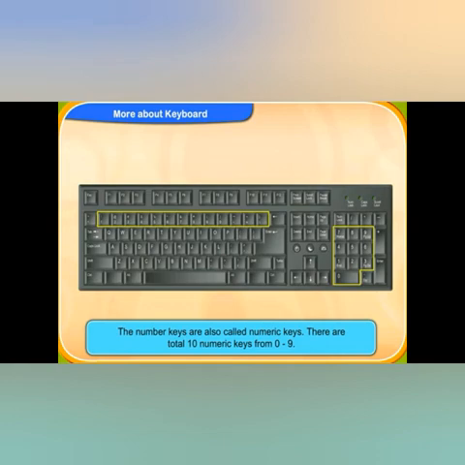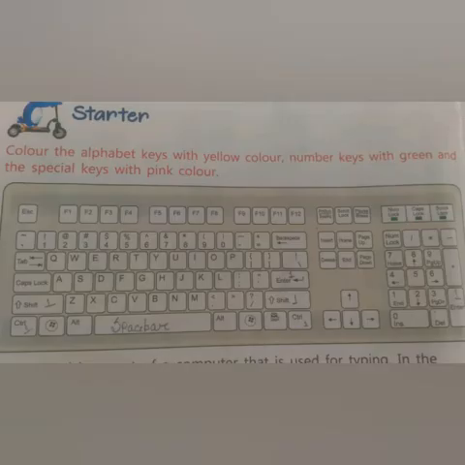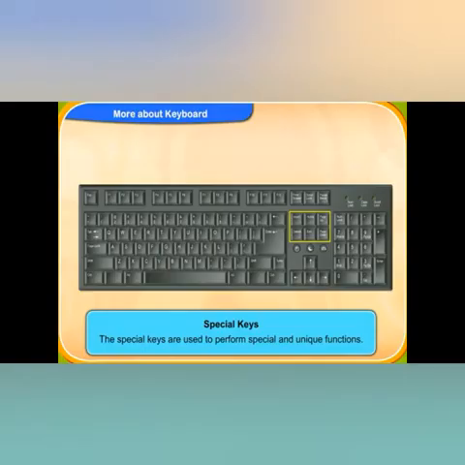Now these two sets of numeric keys you have to color with green color in the picture of the keyboard which is given in your book. Clear, beta? Okay. Now we will talk about special keys. The special keys are used to perform special and unique functions.